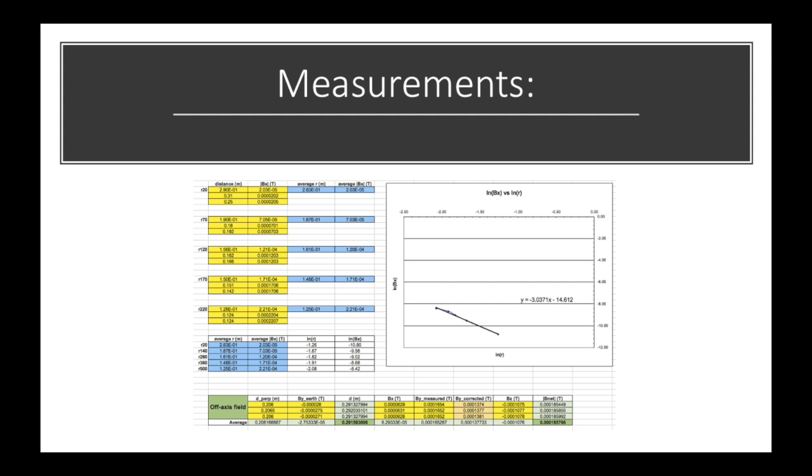On this slide, you can see the data collected for the distance the magnet was away from the sensor and the corresponding magnitude of the magnetic field. First, for the on-axis data, measured at 20, 70, 120, 170, and 220 microteslas, and at the off-axis field, and their corresponding averages. Also, there is a graph for the ln of B of x versus the ln of